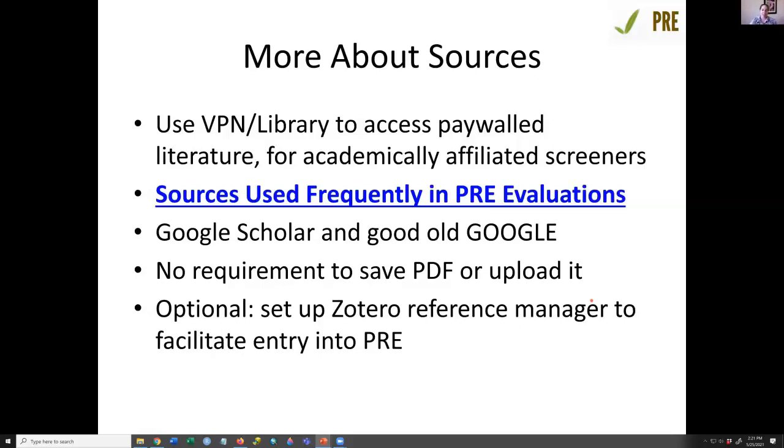But if you have access to a virtual private network or library that gives you access to paywalled literature, then you could use things like ISI Web of Science or Google Scholar to find information. We have a link here to sources frequently used in pre-evaluations. Many of these are not academic literature. And I have a